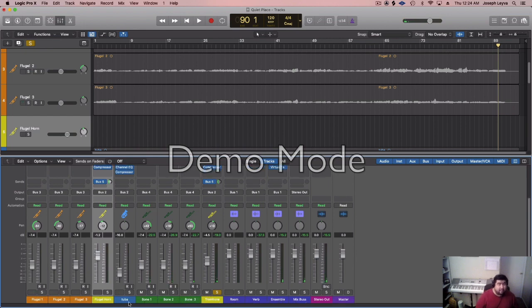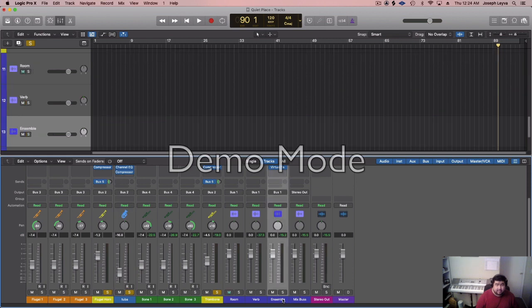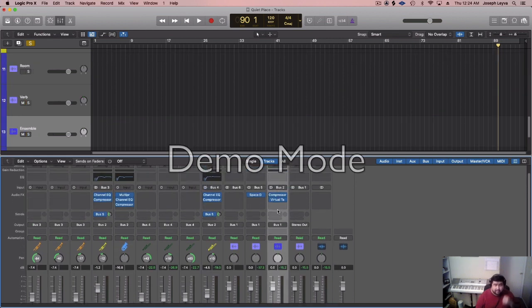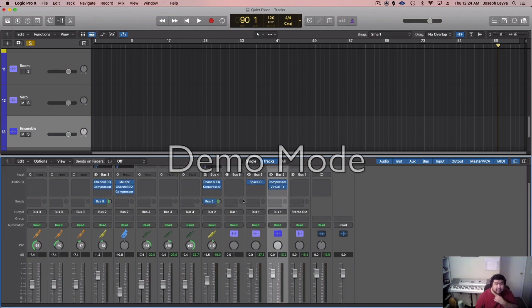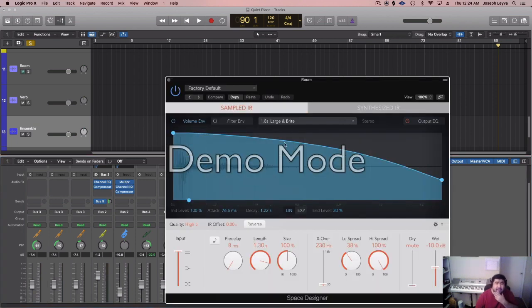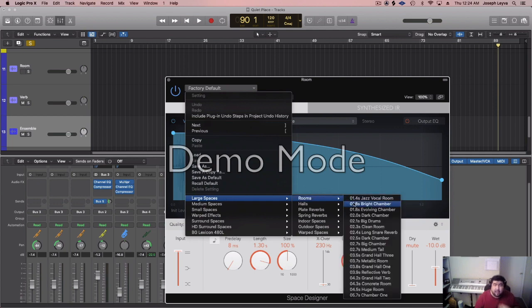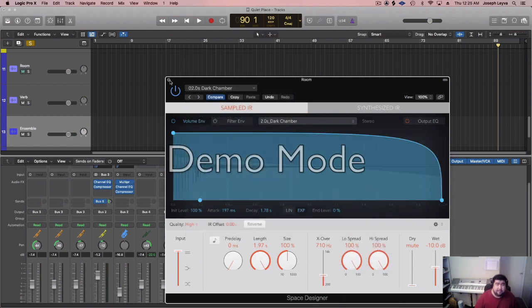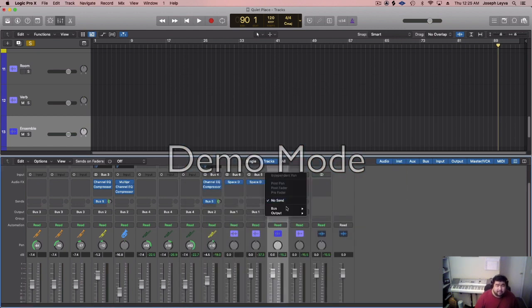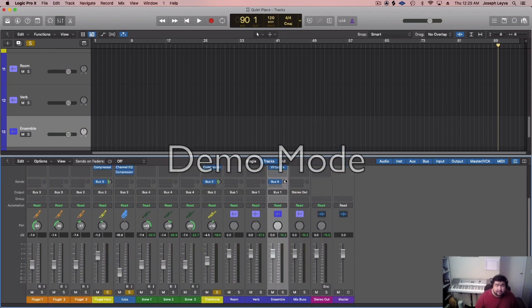Okay, now you're like, well, what about the tuba? So what we're going to do with the tuba is route it to this ensemble piece, or this ensemble bus. And what we're going to do is I like to put them inside a chamber. Again, you're like, well, what room are you going to put them in? First of all, let's see what happens when we put them inside a church. And I've got to hurry here. I think my time's running out. So, a dark chamber. Okay. And then what I'm going to do is go here to the room, and then I'm just going to add